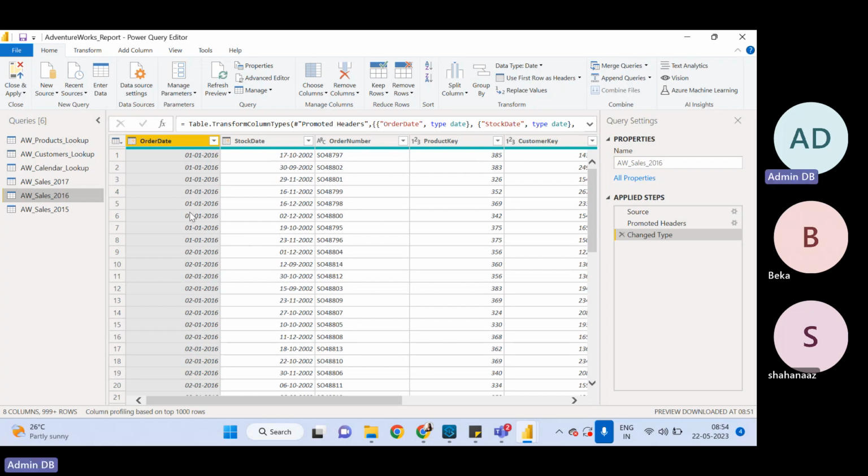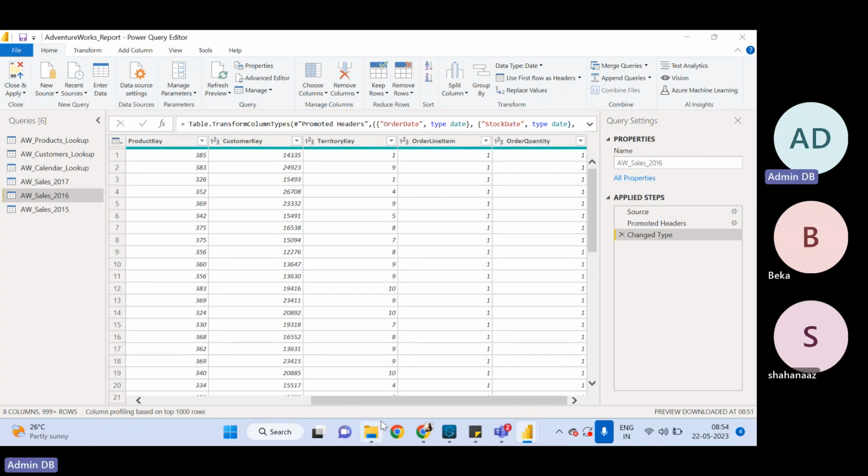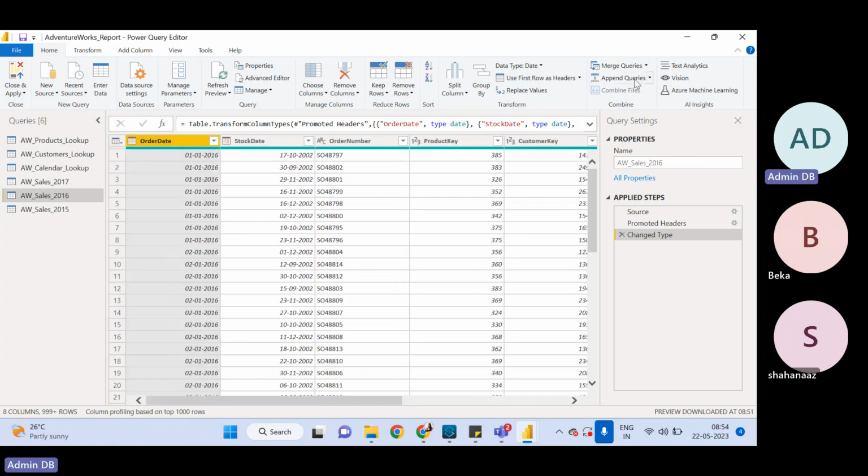So appending adds rows to an existing table, right? What does merging do? Merging adds columns to an existing table, whereas appending adds rows to an existing table. You understand? So merging helps you increase the columns in a table. New columns will be added, and appending will help in increasing the length of the table by adding rows below